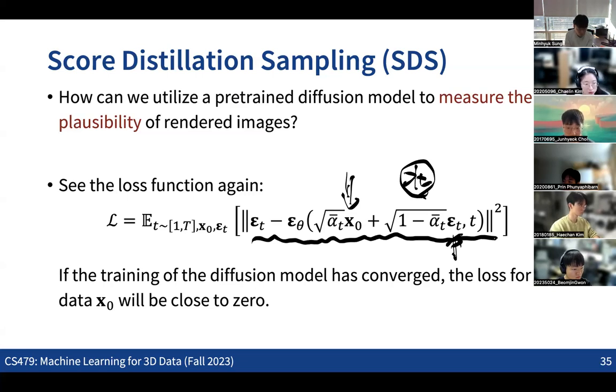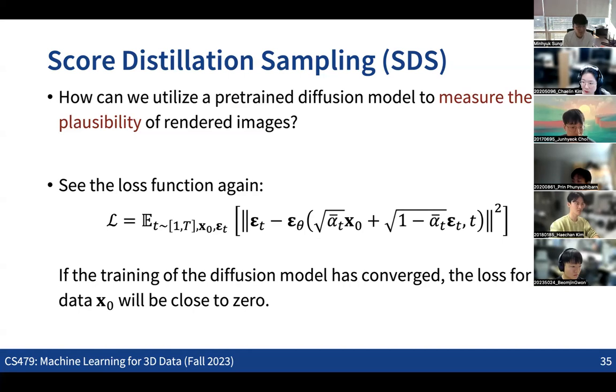Using the same loss function of the diffusion models to check whether the input image is realistic or not, while assuming that the network is already trained in terms of minimizing this loss function.